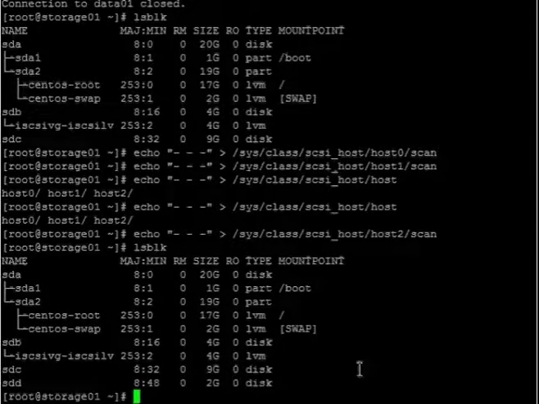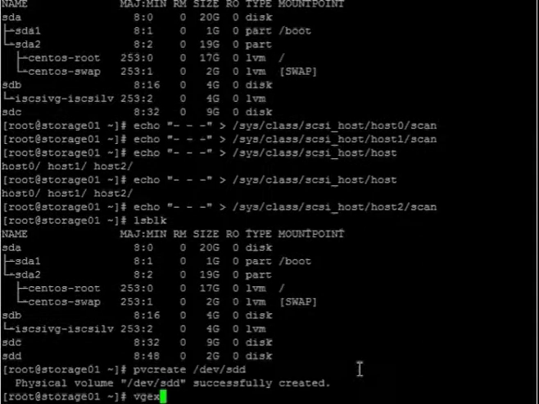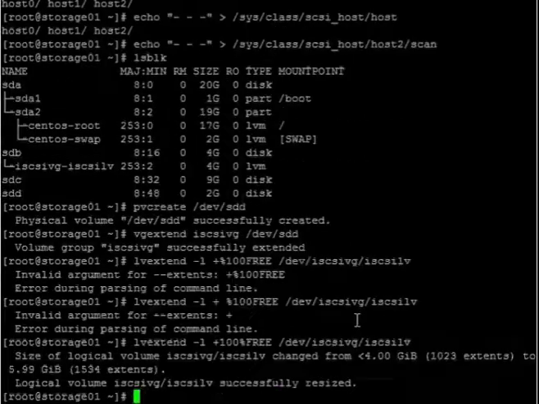Now we will create a PV on it and then extend our existing iSCSI partition. After extending the VG, we have to extend the LV. So here you can see I have extended the LV also.